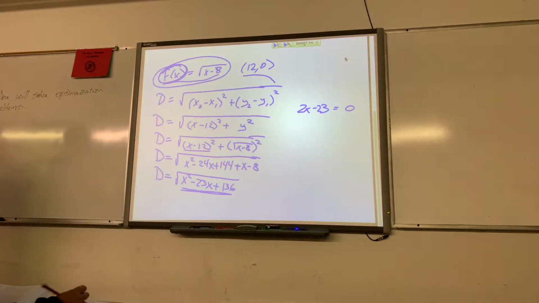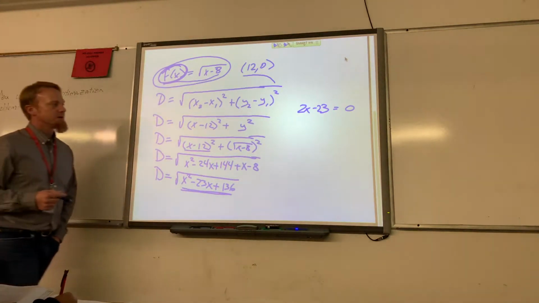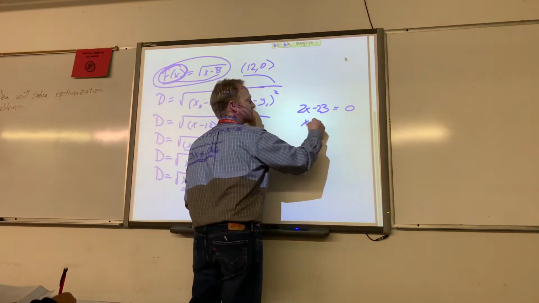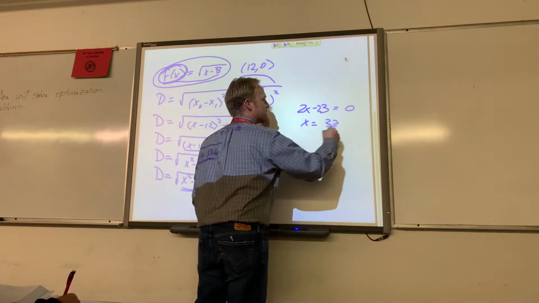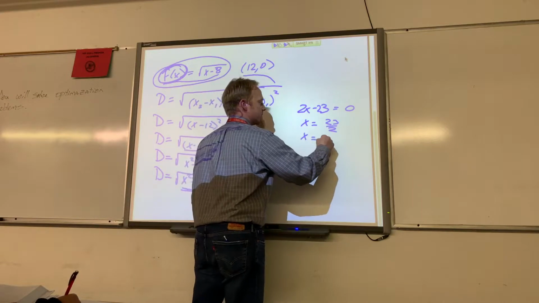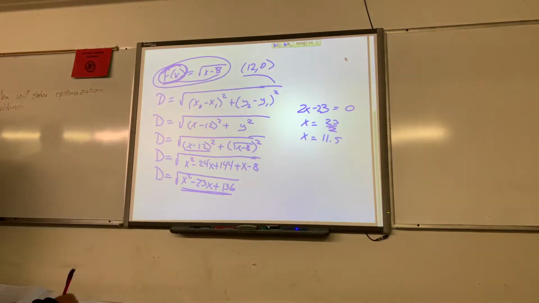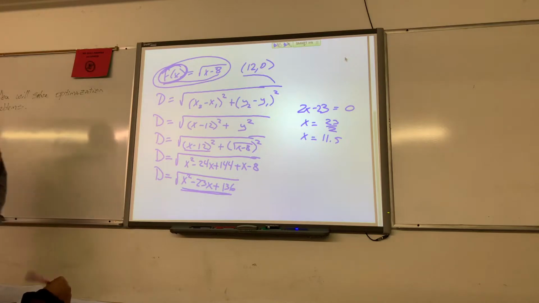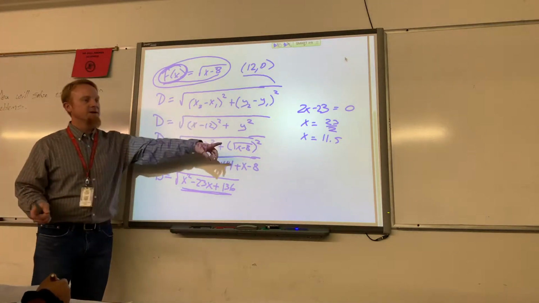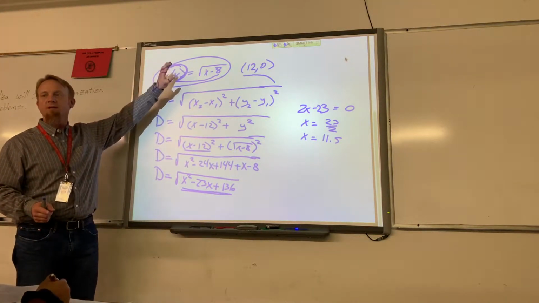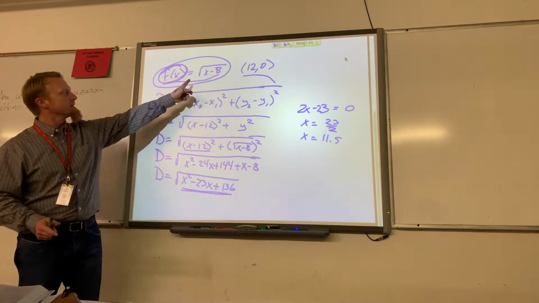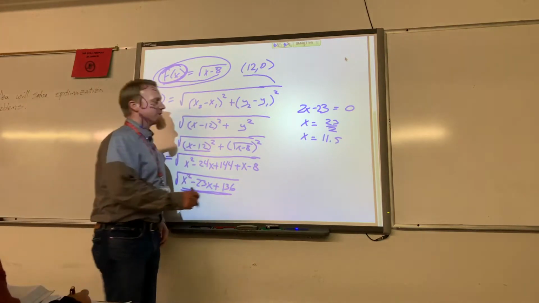Okay, now what? Solve that. So that's going to be x equals 23 over 2, which is 11.5. Now, what do the directions say? It says find the point. Have I found a point yet? I need a y value. So, and we always plug it into which formula? Secondary. So I plug that in there. So what's that going to be? The square root of